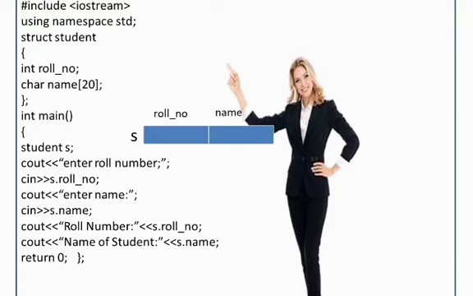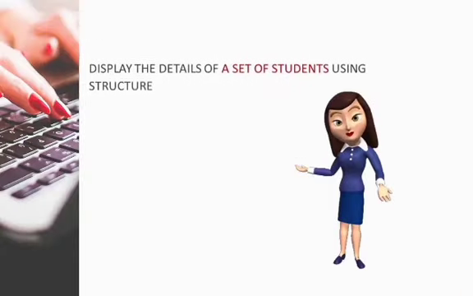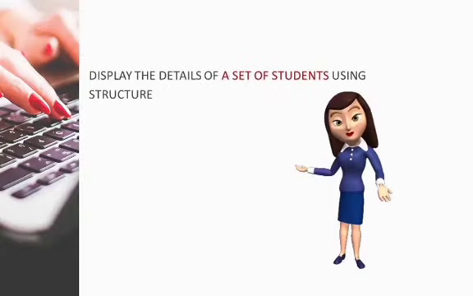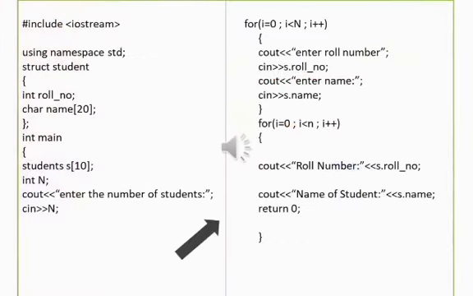That is, as main is supposed to return one integer, here returning 0 indicates the successful termination of the main function. Okay. This program contains only one structure variable. Hence, the details of only one student can be retrieved by the program at a time. If we have to deal with a group of students, we will use the concept of array of structures. See how to display the details of a set of students. After getting each detail, we can display the details. Then one more for loop is used to display the details of all the students. Okay.